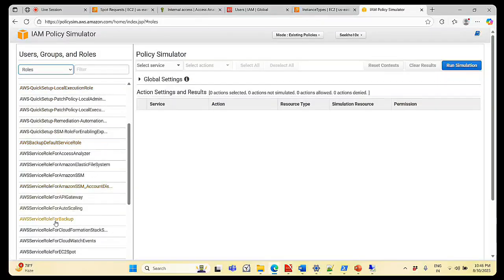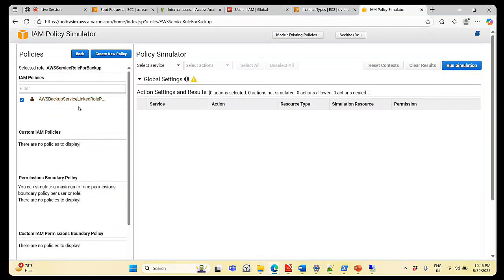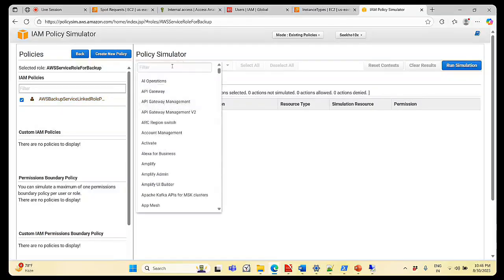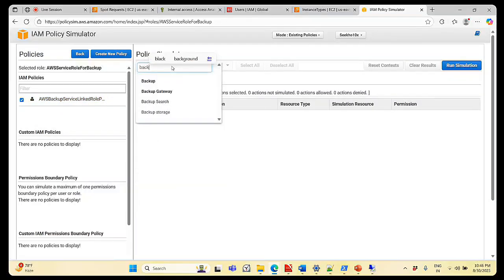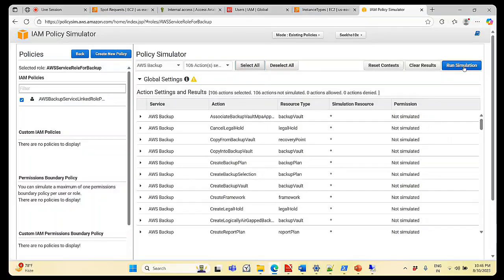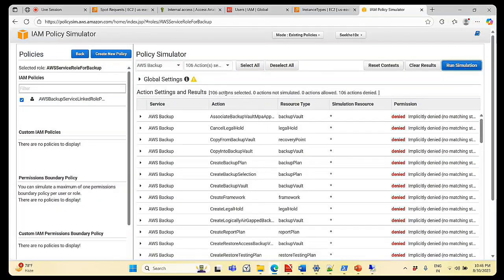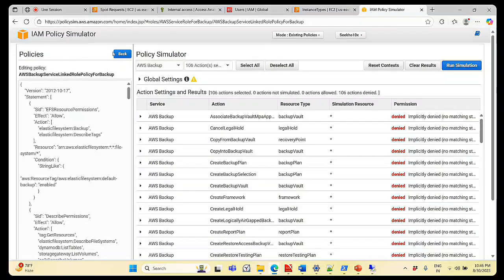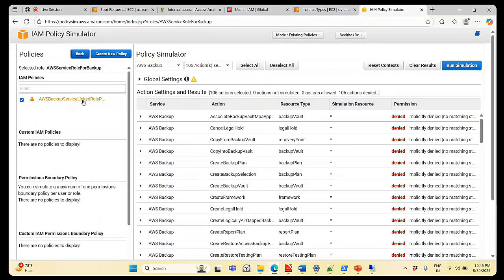Like if I select AWS service role for backup, so what can be done here, say backup. Okay, what are the actions? So if I select all, run the simulator. Now the simulator has been run on 106 actions, where 106 actions are denied. So why? Because this role, AWS backup service link role policy for backups, AWS backup service link. So this is not impacting, like